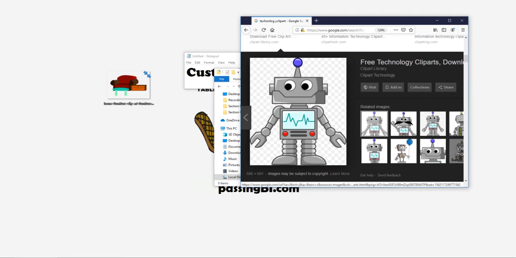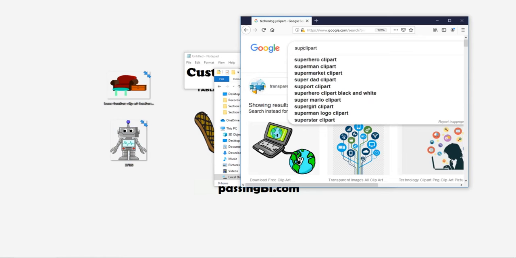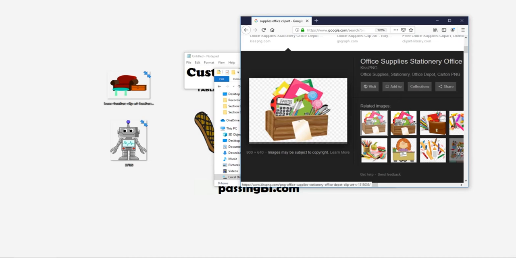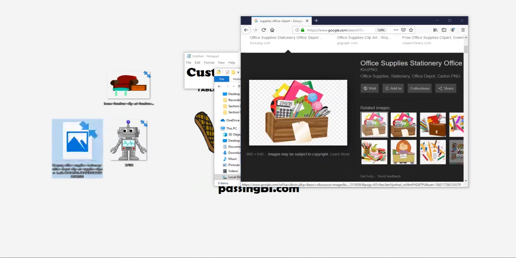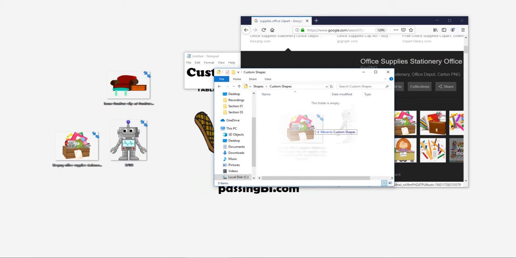We can include this right here, and let's find one for office supplies. So we have our three shapes now. We have office supplies, one for technology, and one for furniture. So all we have to do is drag this and drop it in our custom shapes